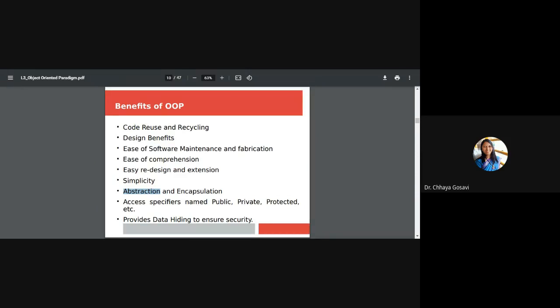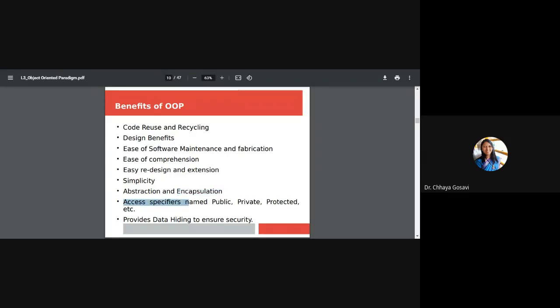So we just know to press this button to increase or decrease volume or change the channel, but we don't know the working behind it. That working is hidden from the user because it is not necessary for me to understand how it works. It is necessary for me just to know what the output of this will be. So whatever things must be known to the particular user, only provide those things, that is conveying in brief. Just show a limited part and hide all the programming details behind. So that is abstraction. And encapsulation means clubbing data and functions together as an entity.